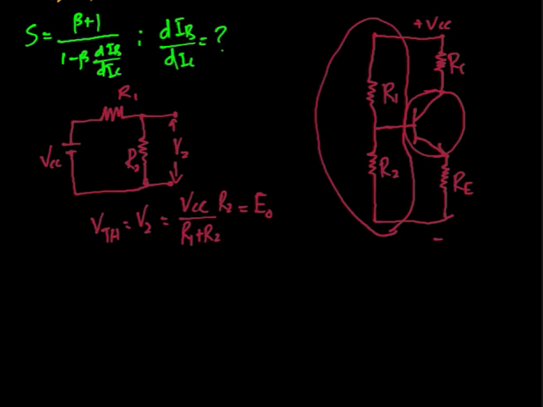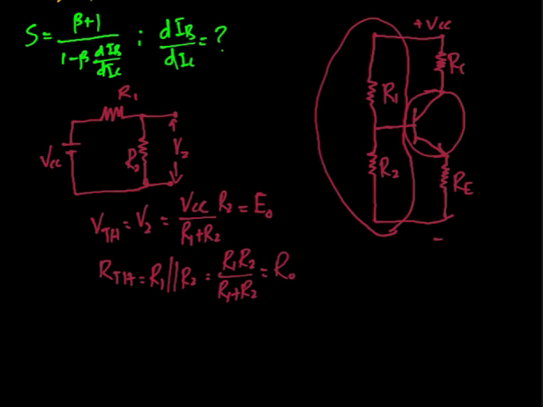And the resistance RTH, the Thevenin resistance, is obtained by replacing VCC by its internal resistance. Here we are assuming VCC to be an ideal source, so the internal resistance is 0. So the equivalent resistance of the input circuit will be the parallel combination of R1 and R2, which is equal to R1 R2 divided by R1 plus R2, denoted by R0. So now the circuit can be